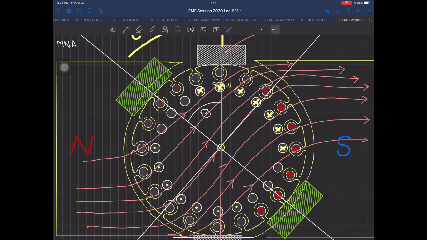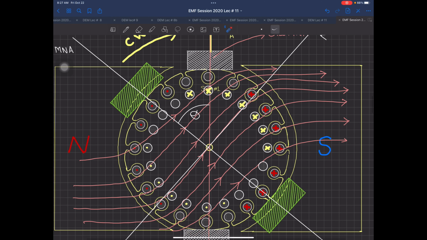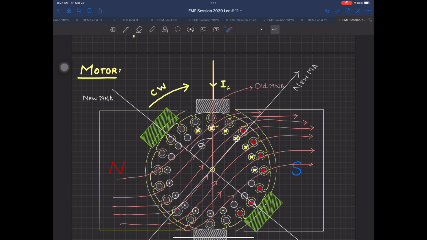So the size of the carbon brush has to increase, because the bigger it is, the more current can actually flow. Now when the carbon brush size is more, it is short circuiting the three conductors. Now why is this happening? Previously it was empty, but because of armature reaction, now these three are actually being short circuited. So now when this is being short circuited, the overall EMF of this machine is decreasing.